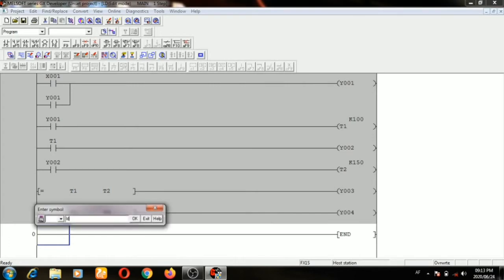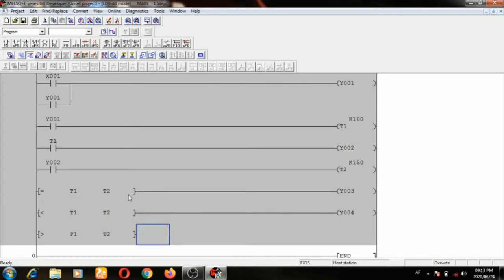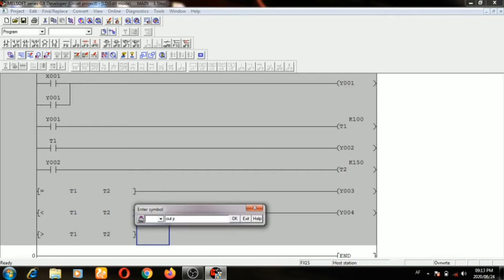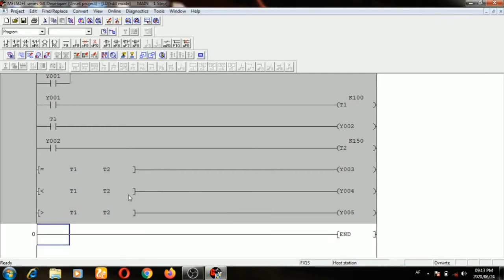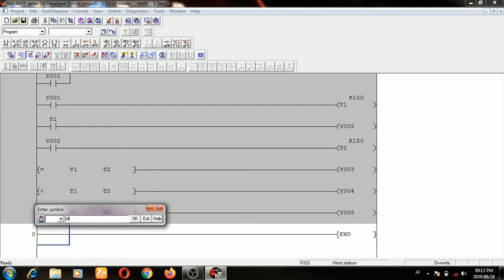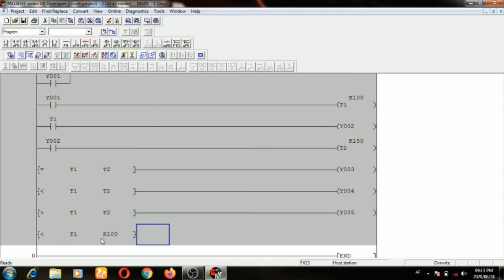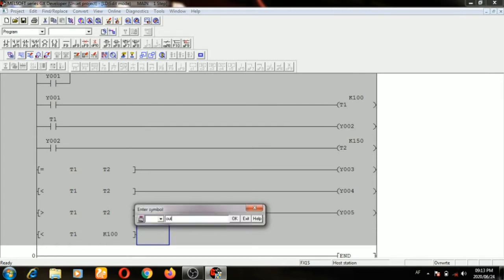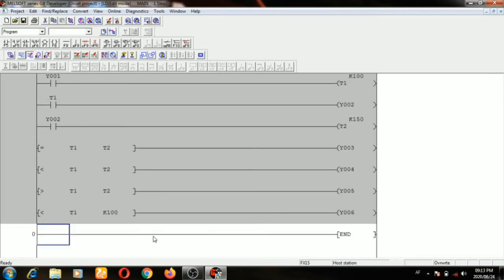If LD greater than T1 T2, output Y5 will be on. And LD equal to or less than T1 K100: if the value of the timer is less than 100, output Y6 will be on. I hope it's clear. This is our program.